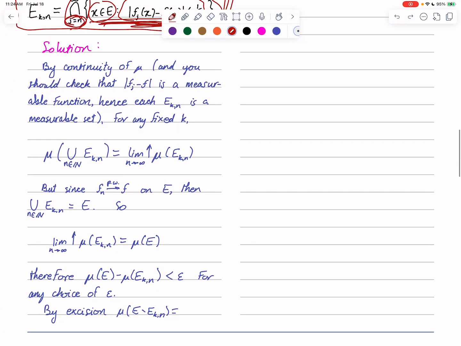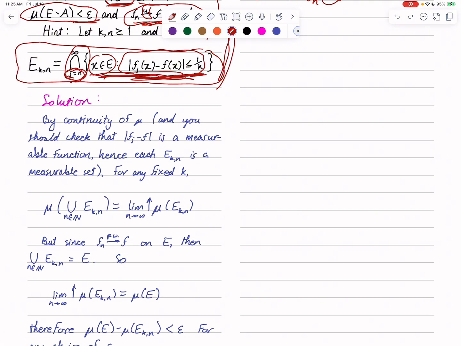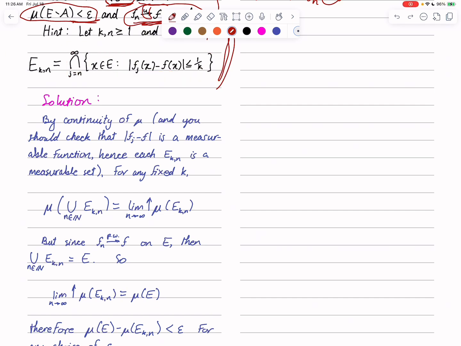So how are we going to approach this problem? Well, having talked about how the index n here seems to control how we forget early functions, or in a sense terms in the sequence of sets, that should perhaps ring a bell about lim sup and lim inf. So if we recall that, then when you're working with those things, you either take the union of an intersection or the intersection of a union. So here, we perhaps want to think about taking the union of these things and measuring them, of course.